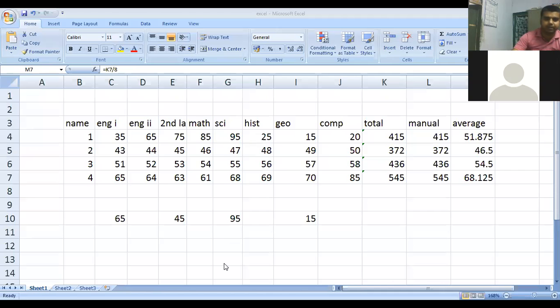What are the different ways of copying and pasting the different formulas into the different cells? Okay, for this we will move on to the next practical exercise. I will be performing it on the same screen.